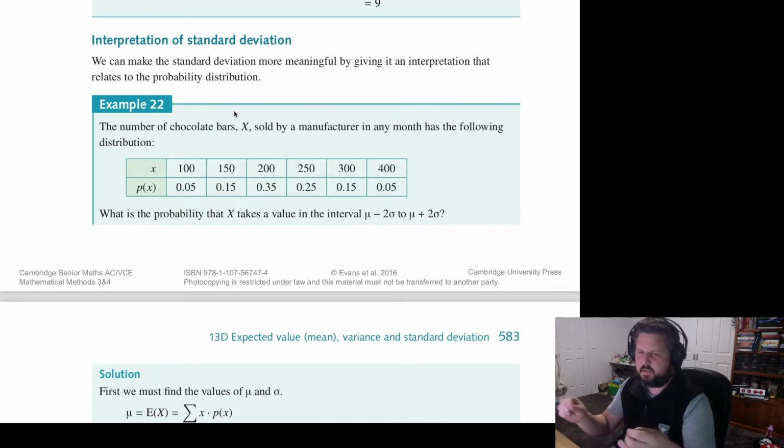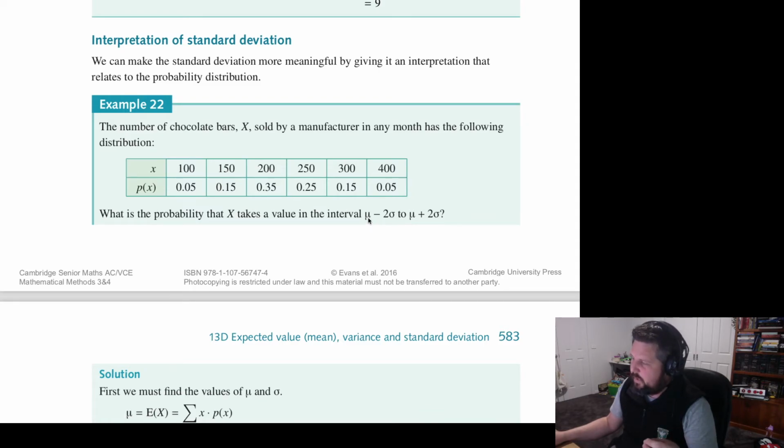Yeah, standard deviation can relate to probabilities nice and conveniently. So it says here, chocolate bars. The number of chocolate bars X sold by a manufacturer in any month has the following distribution. Cool, they've listed it in the table. It's then asking what is the probability that X takes a value in the interval between, so this here, where